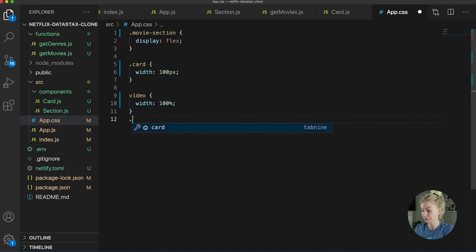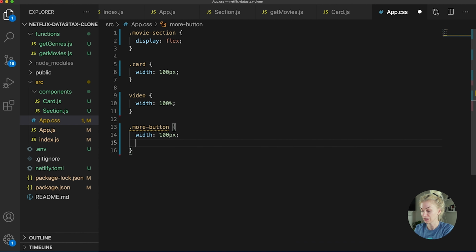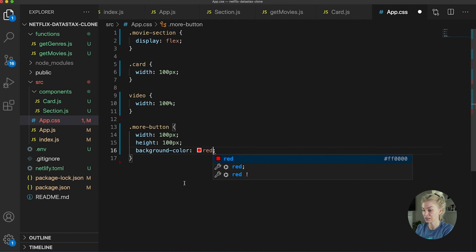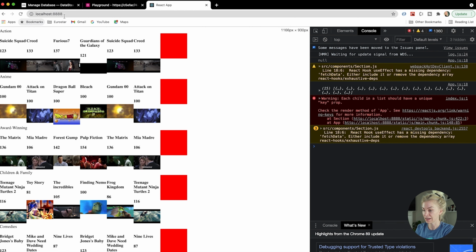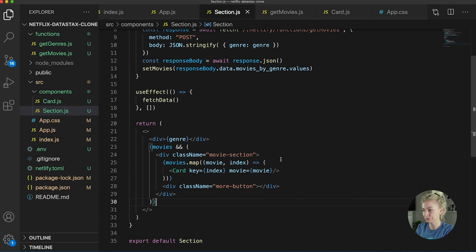More button, width 100 pixels, height 100 pixels, background color red. Okay, so there's our button. If I click this, I want to get the next 6. So in our section,